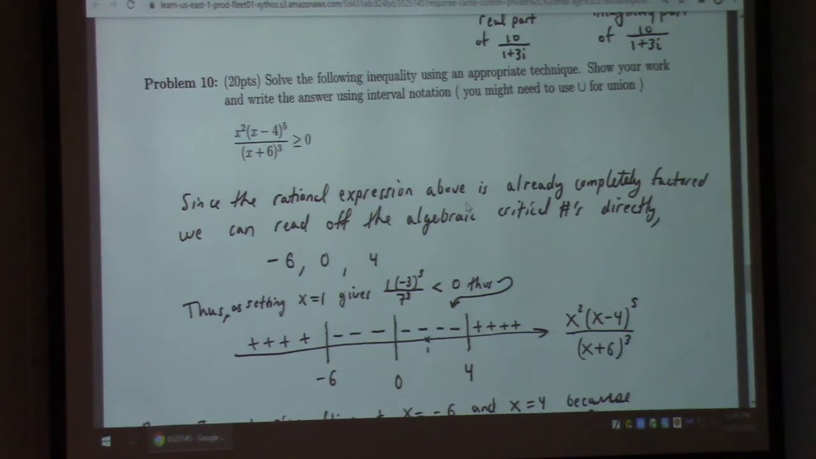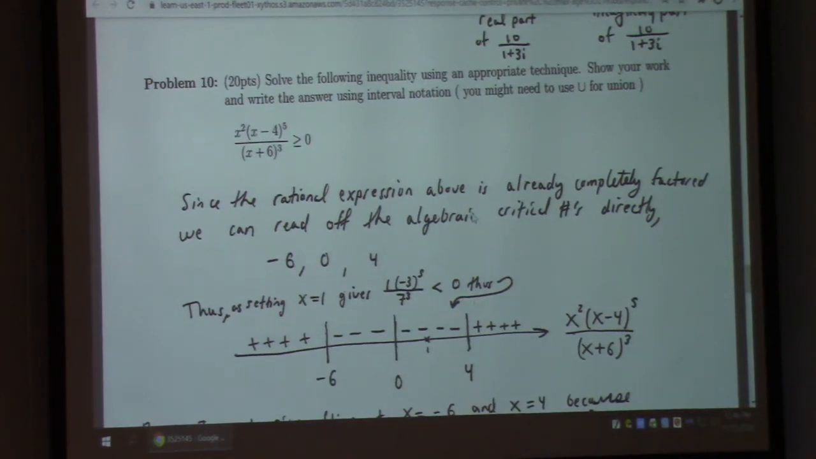But anyway, here we look at the expression. We look for where either the numerator is 0 or the denominator is 0, right? Those give me points where the expression can change sign, because this is an inequality comparing against 0. That gives us 0, 4, and minus 6 as my so-called algebraic